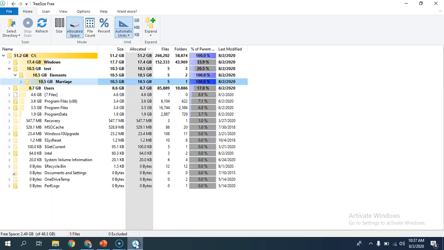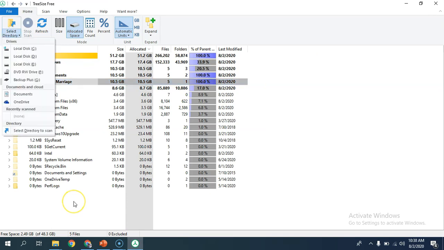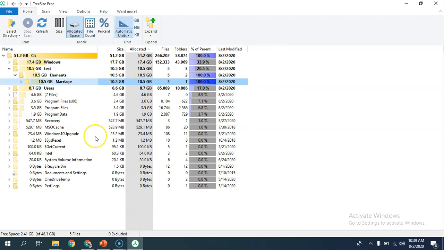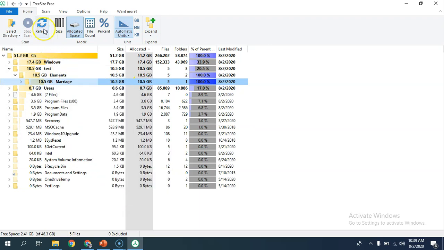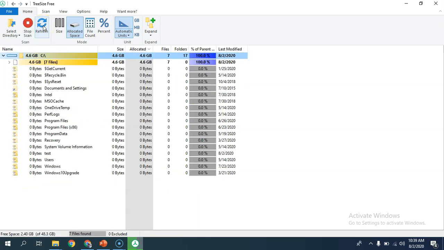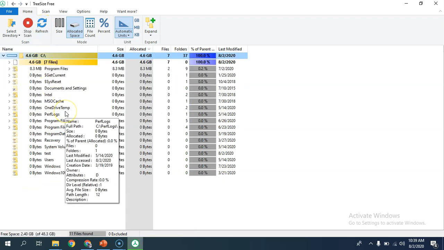Now let's explore the tool a little bit more in detail. So the select directory option you have already explored. This is nothing but a way to guide our tool that this is your starting folder, and inside that you have to go and scan and get me all this data, right? If there are some log files, database files which are continuously being written, you can always refresh and you will get the refreshed statistics again, right?